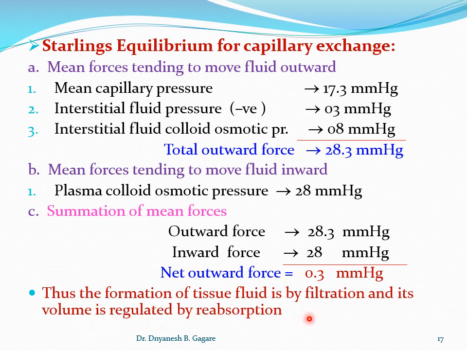So if I say, in some examples, if there is more filtration, that will be reabsorbed in the capillary, and the remaining extra fluid will be drained into the lymphatic vessels. The lymphatic system removes the extra fluid from the tissue, and in this way in the interstitium always minus 3 millimeter of pressure is maintained. Okay, so students, up to this point we discussed the mechanism. Now we'll continue with some applied part, we'll go to edema.